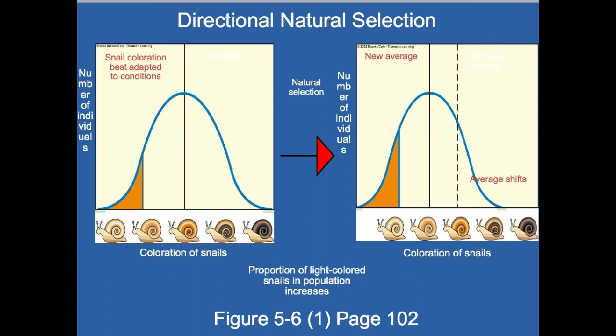We've got directional. And directional is, say we have an equal variation within our population. But within that variation, only one type does well. And that one does well because you could have a selection pressure that the other ones are being weeded out by either a predator or some other environmental factor, causing the population to shift towards one direction. So you'll see more of these individuals. Say the lighter color does better in the environment. Therefore you'll get directional selection where you'll have less of these individuals and more of these individuals.